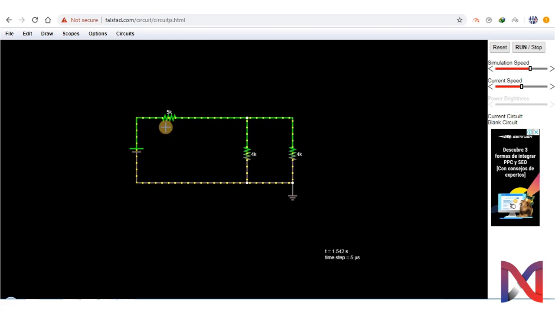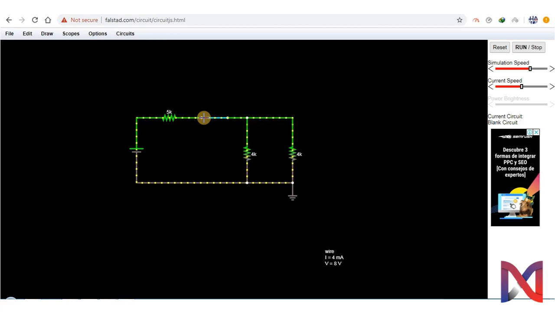For example, here we have a 5 kilo ohm resistor in series, so we apply the voltage divider rule for the 5 kilo ohm resistor. If we have another resistor of 5 kilo ohm here, then we would apply the voltage divider rule for the second resistor as well.